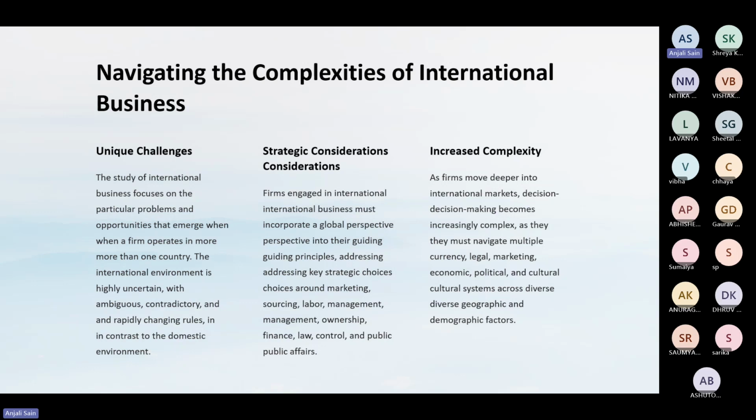The international environment is highly uncertain, with ambiguous, contradictory, and rapidly changing rules in contrast to the domestic markets. अब अगर मैं किसी दूसरी कंट्रीज में लाइक आई एम इन कंट्री ए, मैं कंट्री बी के साथ भी ट्रेड कर रही हूँ, सी के साथ भी ट्रेड कर रही हूँ, डी के साथ भी ट्रेड कर रही हूँ, तो अगर वहां के जो एनवायरमेंट है मैं उससे इतनी फ्रेंडली तो नहीं हूँ बिकॉज आई एम करेंटली ऑपरेटिंग इन कंट्री ए. ठीक है, अब लोकली तो मेरे को पता होगा डोमेस्टिकली लोकली एंड क्या क्या पॉसिबल चीजें हो सकती है,